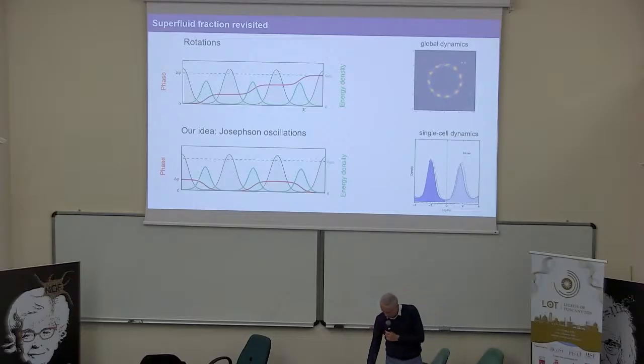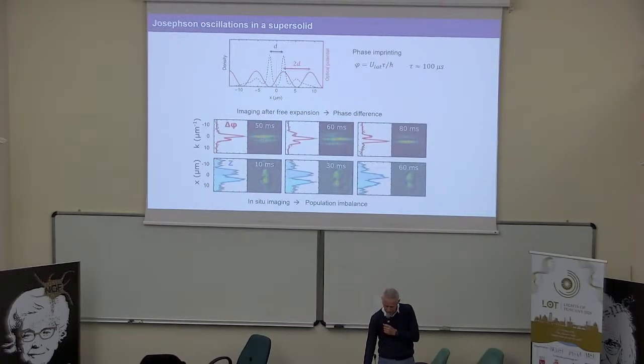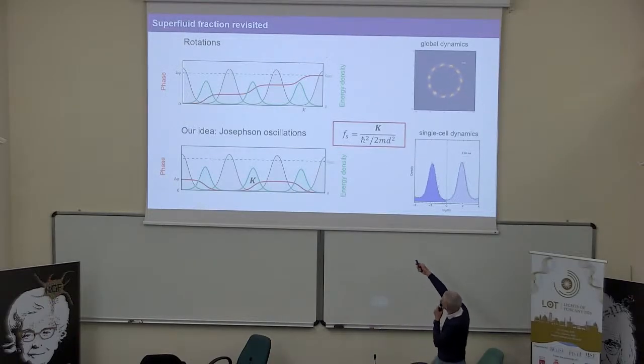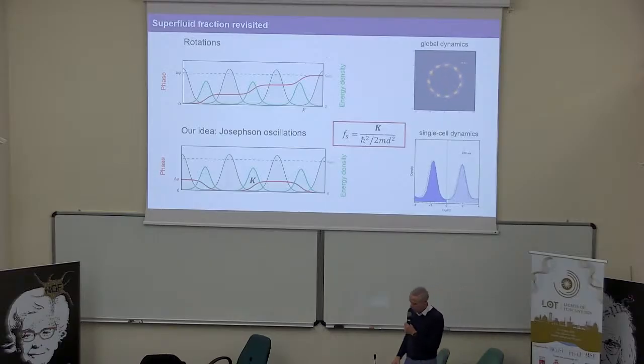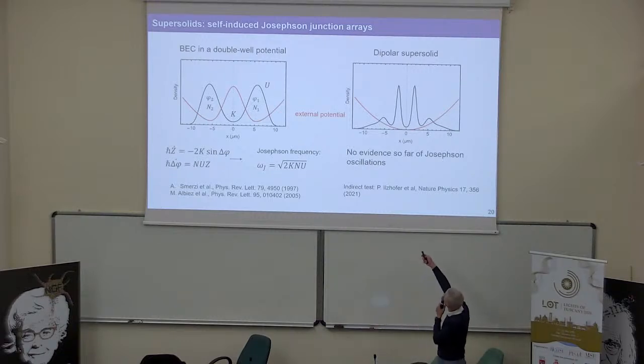Supersolids are essentially Josephson junctions with no external barriers. They are a special type of Josephson junction. And by simply measuring the tunneling energy of the Josephson junction, it is possible to measure the superfluid fraction. What we did in the lab is to realize one short supersolid like this, with just two big maxima, and